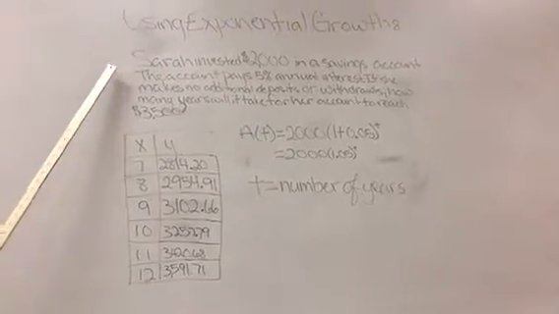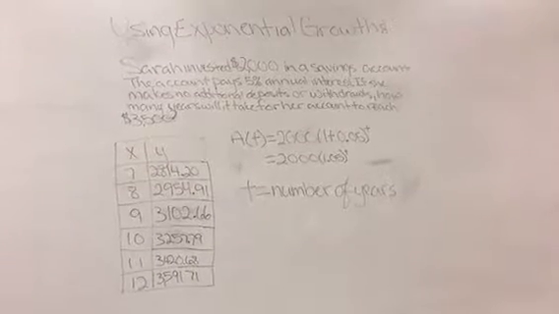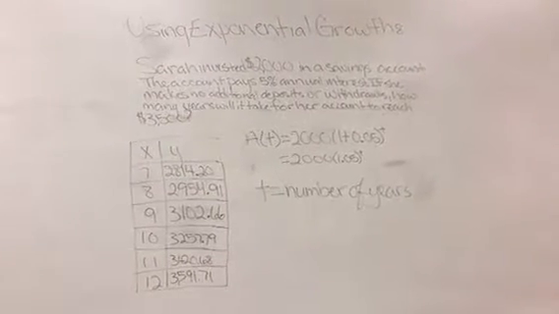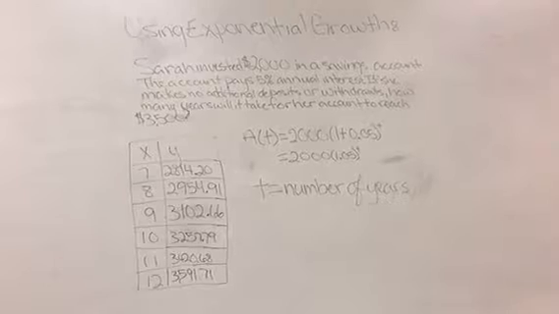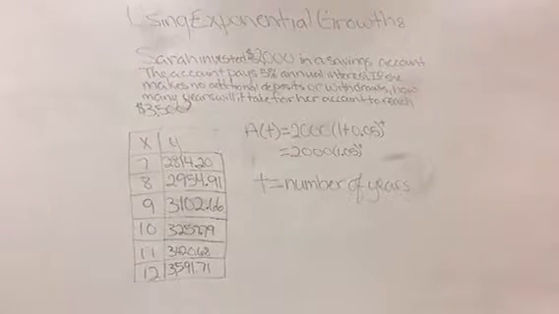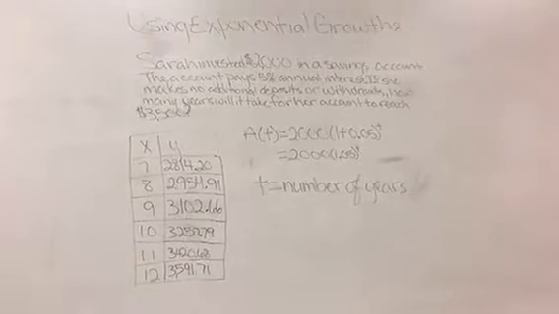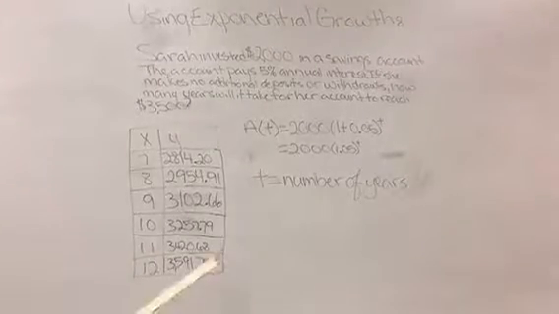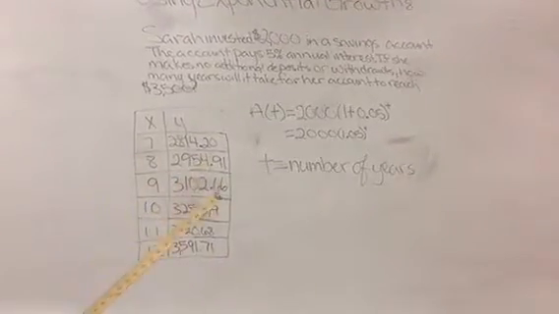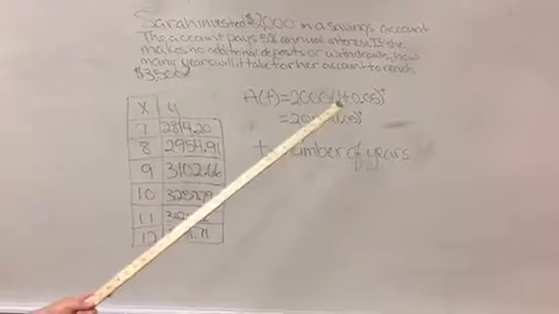So now we're using exponential growth to find a certain amount of money. So the question is, Sarah invested $2,000 in her savings account. The account pays 5% annual interest. If she makes no additional deposits or withdrawals, how many years will it take for her account to reach $3,500? So this is what we could find out with exponential growth, because we have the base $2,000 and the